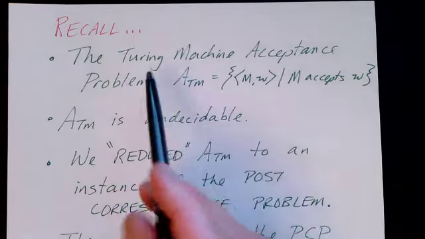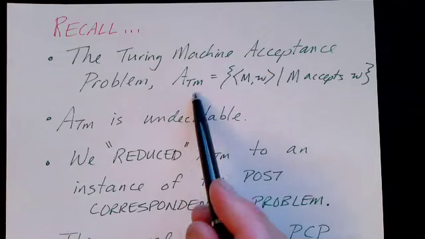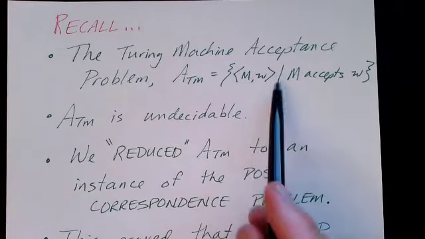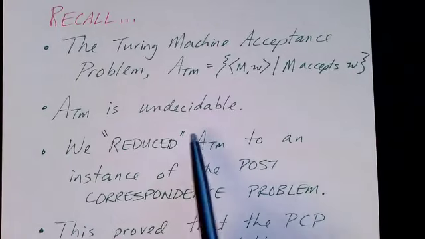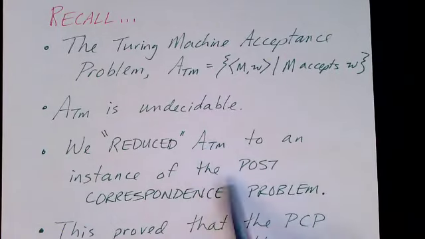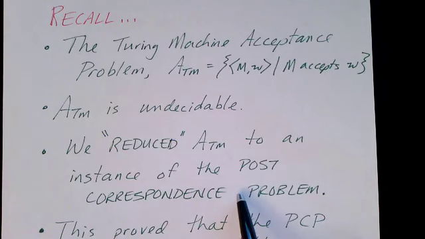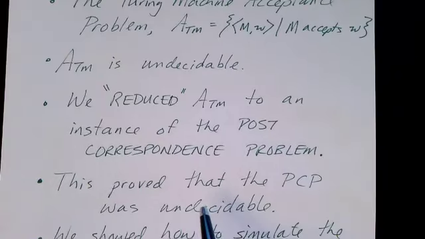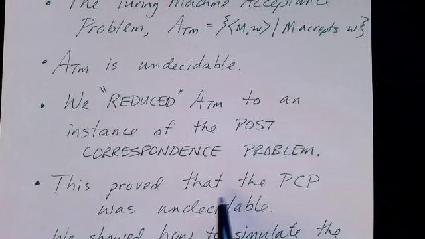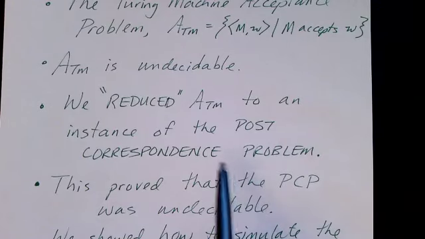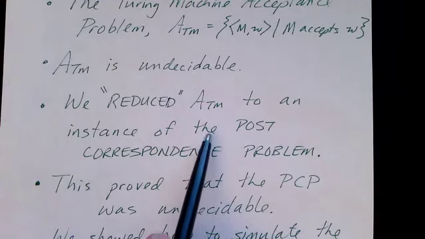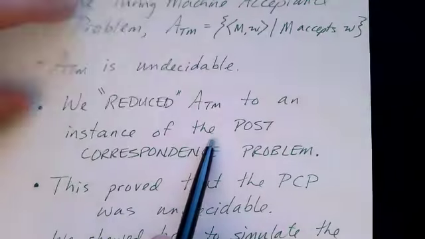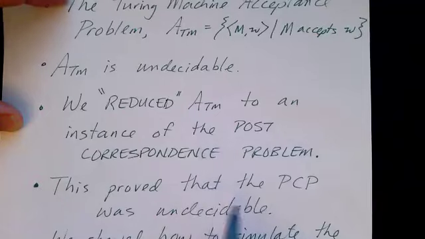Remember that we had the Turing machine acceptance problem, ATM, and we knew that ATM is undecidable. And we reduced the ATM problem to an instance of the post-correspondence problem. And that proved that the post-correspondence problem was undecidable. Because if we had a particular acceptance problem, we could just use our reduction to turn it into an instance of the post-correspondence problem. And if we could decide that, then we could decide the acceptance problem for Turing machines. But we knew that that was undecidable, and so therefore the post-correspondence problem